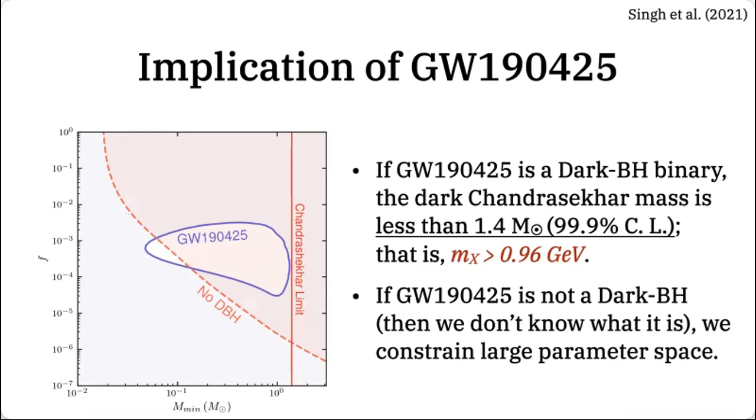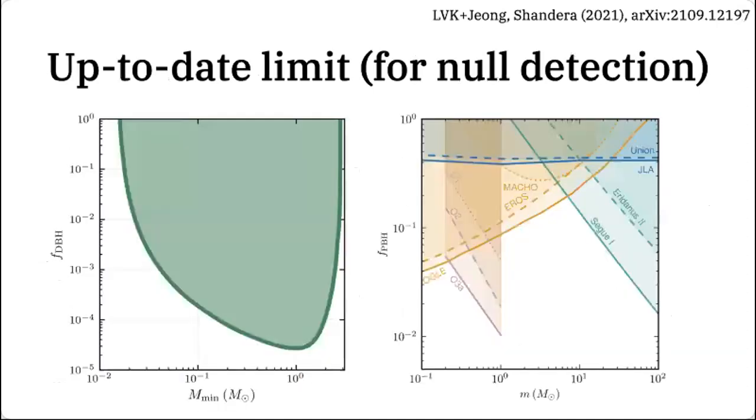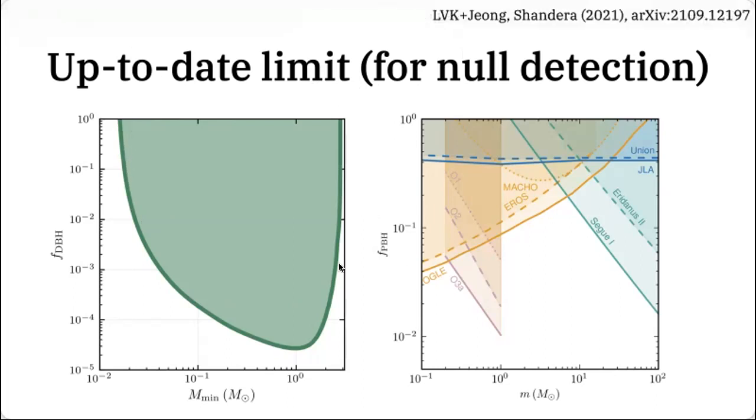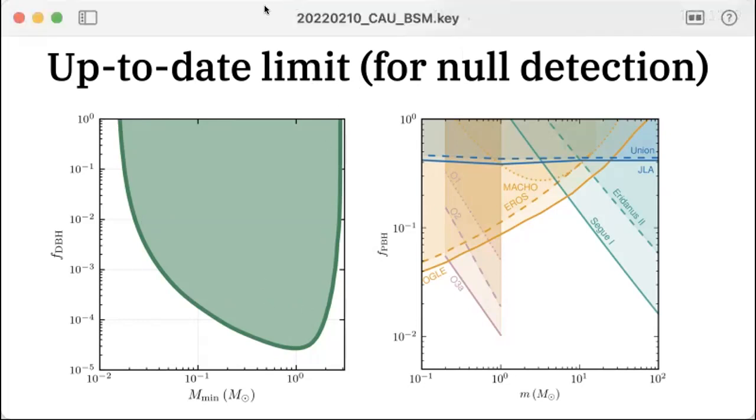Our study got some interest from the LVK collaboration, and my collaborator Sarah Sandera and I were invited to be their MOU partner to interpret the small mass black hole searches. So this is the official paper by LVK, my 1,500 collaborators, and then myself and Sarah, that's on the arXiv. And our official statement is that this event is not a dark matter black hole, and in that case, we have a limit. So this is the main point.